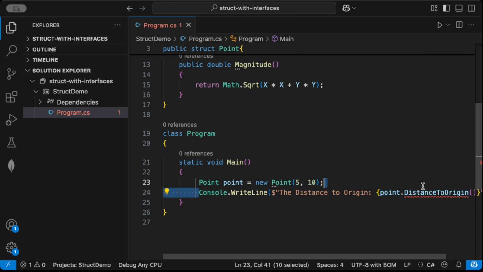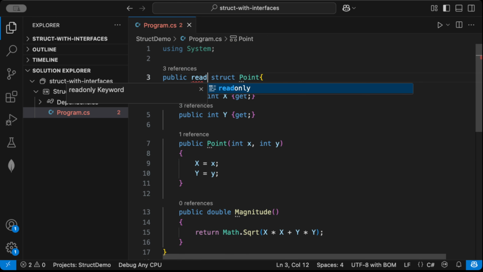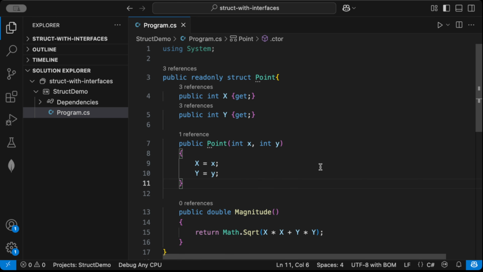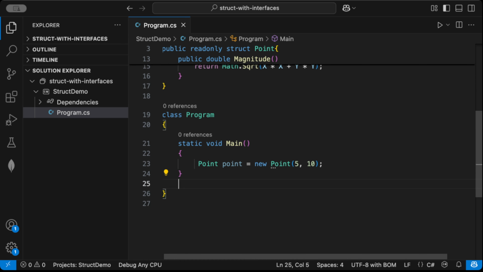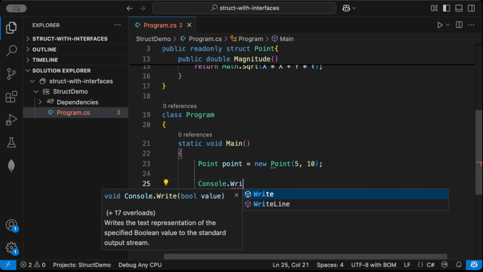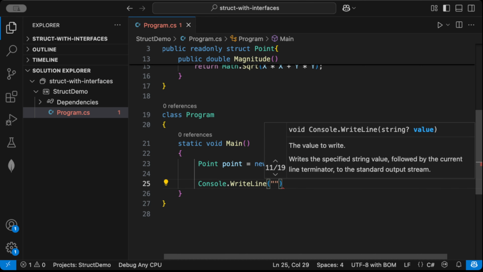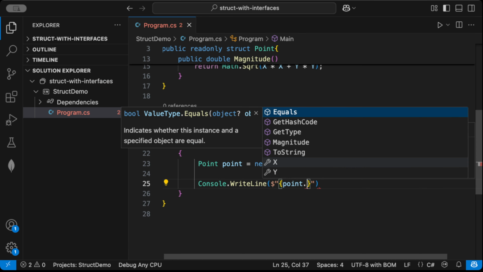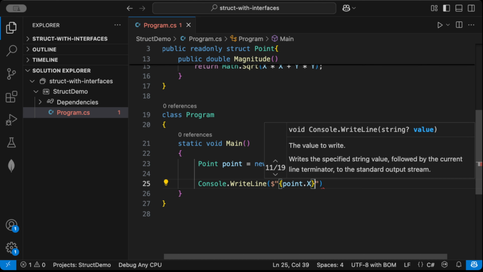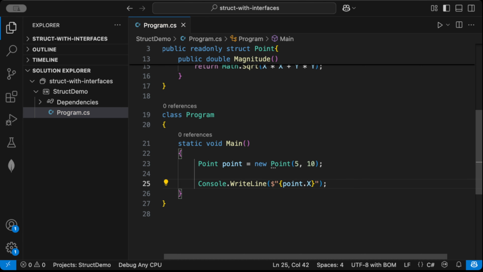Let's do this readonly. All right, so now you can do this, for example, point.x, and if I run this program,